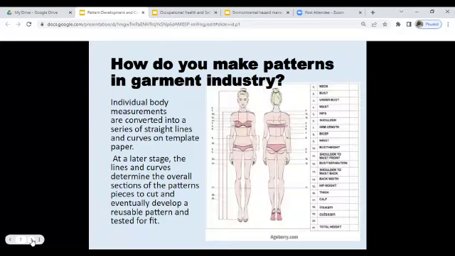Now, how do we make patterns? We have to start off by taking body measurements. Individual body measurements are converted into a series of lines, both straight and curved, on paper. At a later stage, the lines determine the overall shape of the pattern pieces to cut, and eventually we develop a reusable pattern that we can test. And once it is perfect, we have that one for life. Some of these measurements are your neck, bust, under bust, hip, shoulders, arm length, bicep, wrist,